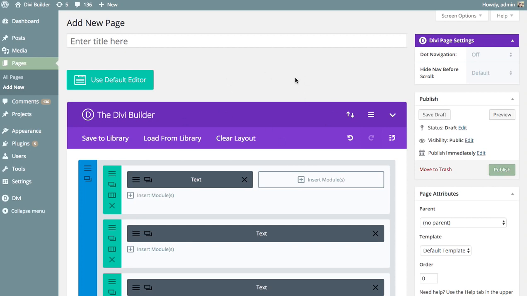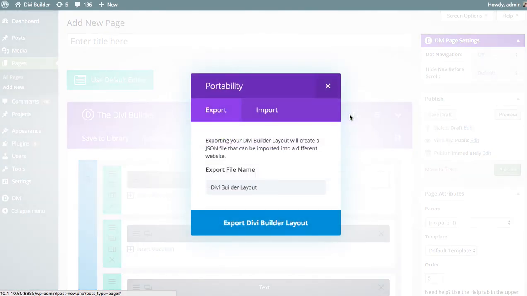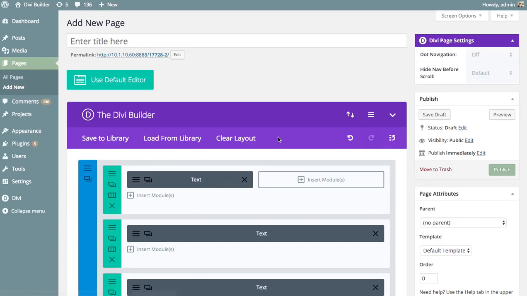Now, not only can you import and export Divi Builder library items, you can also import and export individual pages. So you can see the import and export icon here. You're going to see this icon throughout Divi, whether it's in the Divi Builder itself, the theme options, the theme customizer, or the role editor. Whenever you see this icon, it means you can launch the portability system and import or export items onto the current system. So in this case, I could export this individual page and then load it onto a new website